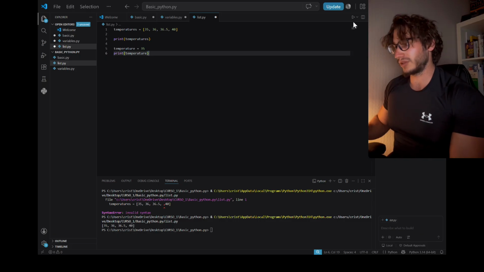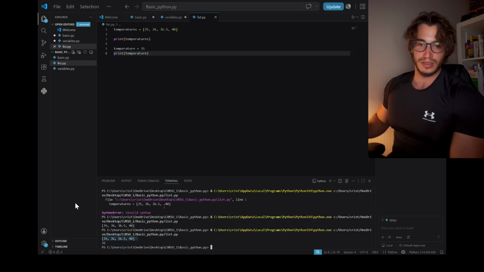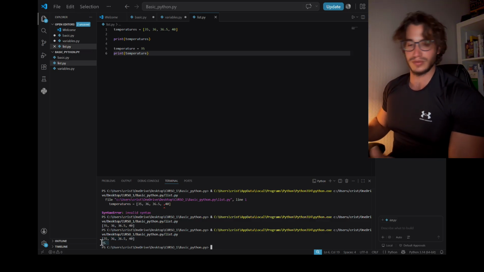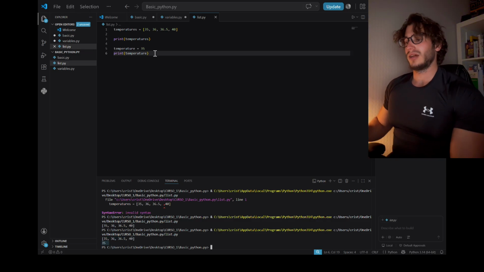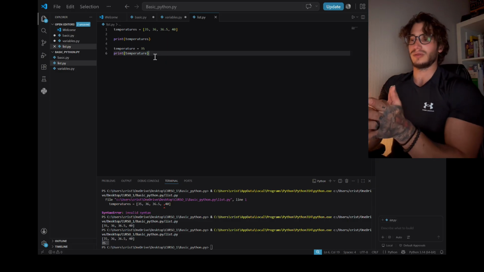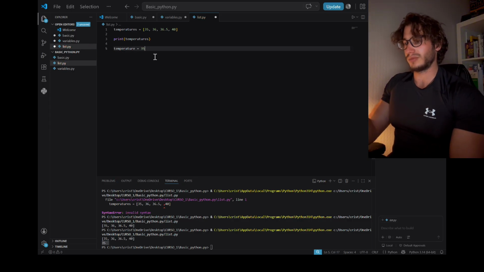We print both of them, and we see the list is between the square brackets and the variable is just the value. If we would like to have different values using a variable, then we will have to do, for example, here